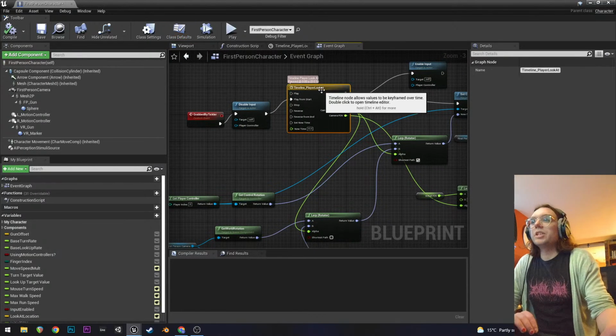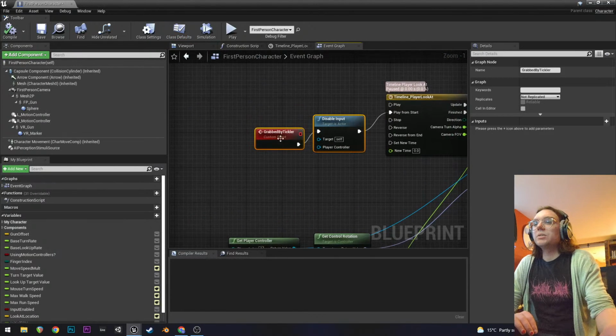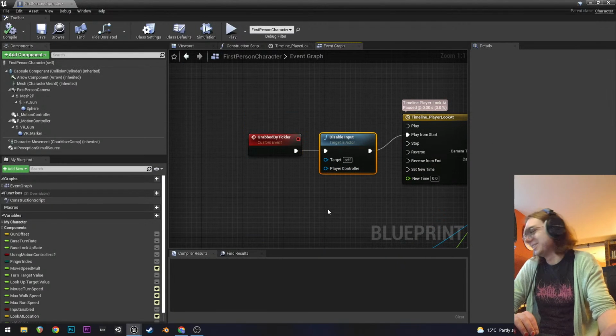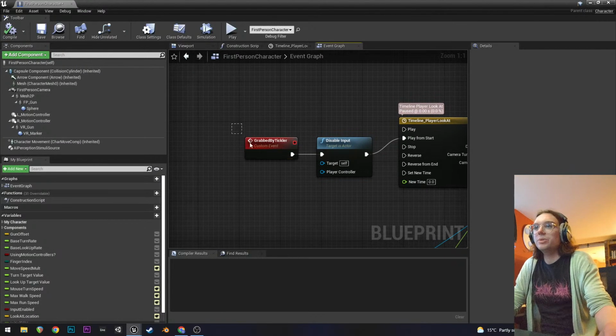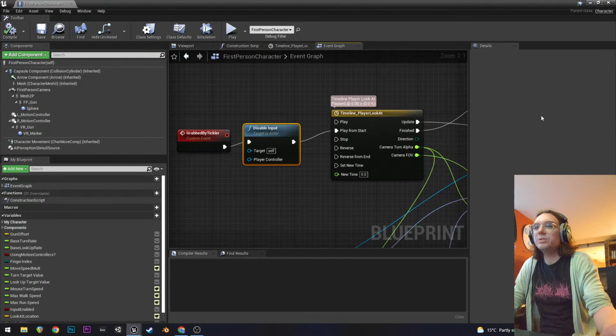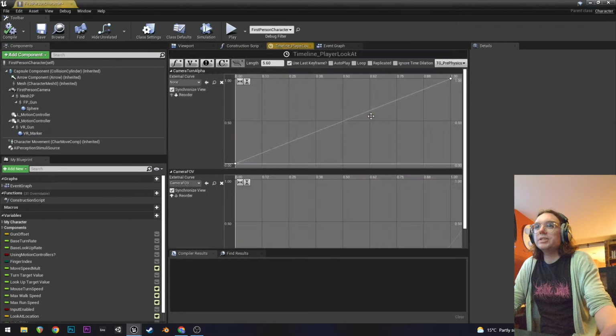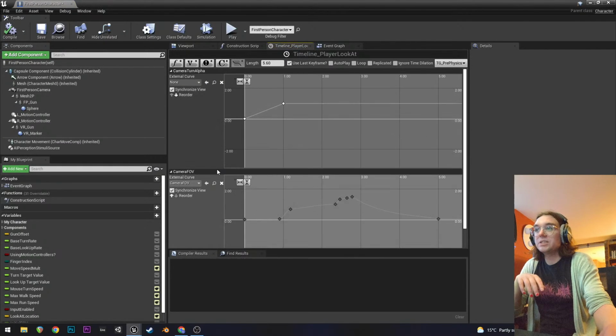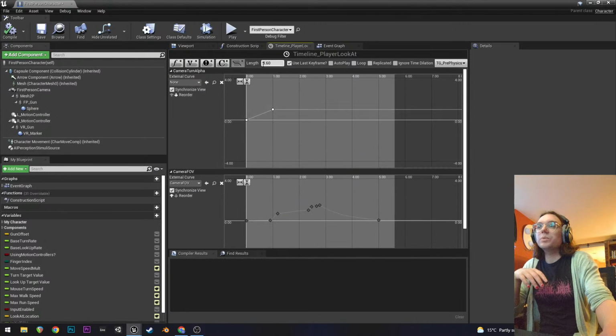Okay, we have this thing called a timeline. When the player is grabbed by the tickler, the tickler is the name of that enemy right now, the input's disabled, and then this timeline plays. What this timeline does is it lets you set variables and control what value those variables are at over the course of a preset time.